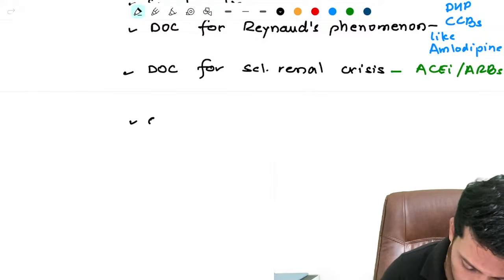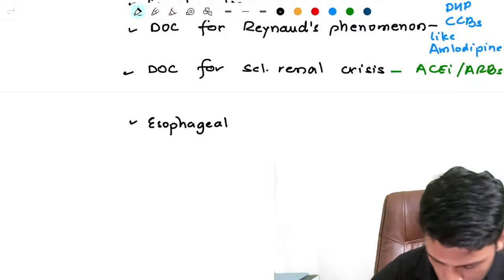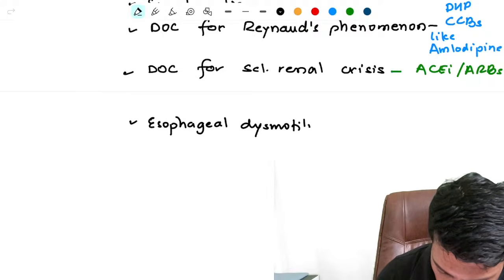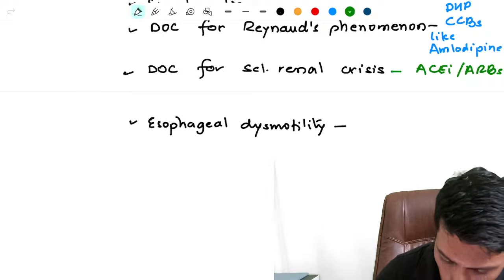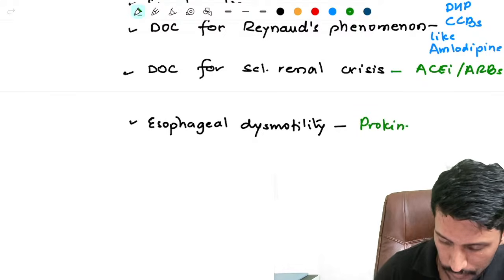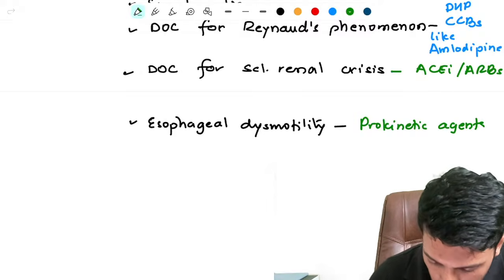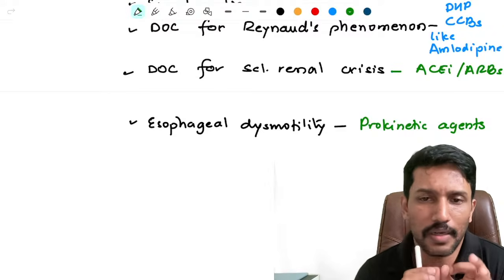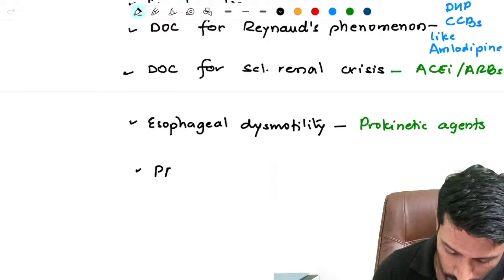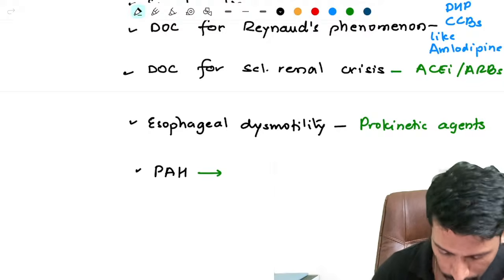And if patient has esophageal dysmotility, you can treat them with prokinetic agents like itopride, cisapride, metoclopramide. Those can be used. Primarily, we're trying to treat the symptoms. I forgot to mention. And if they have pulmonary arterial hypertension, we can treat them with